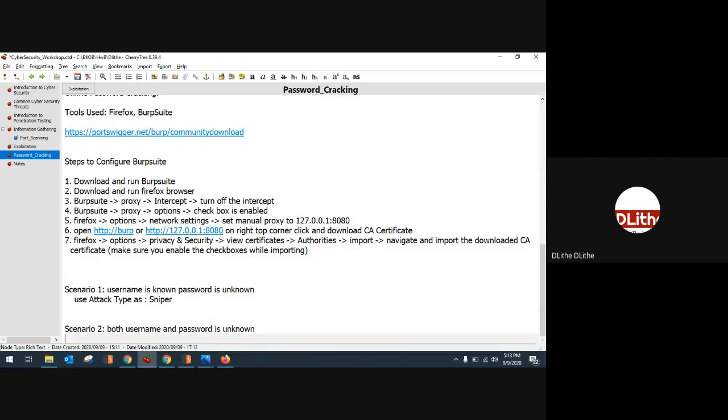For scenario 2, make sure you use attack type cluster bomb. Obviously, there are different variations in Burp Suite for the meaning of these, but it would be a bit time consuming and out of context in this case. That's the reason I'll deal with only sniper and cluster bomb.